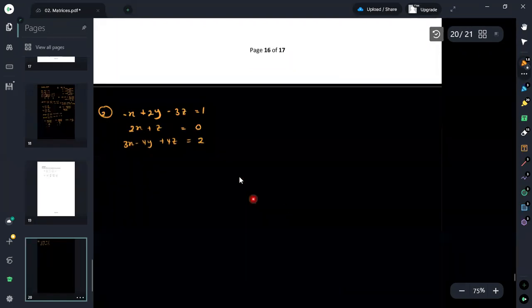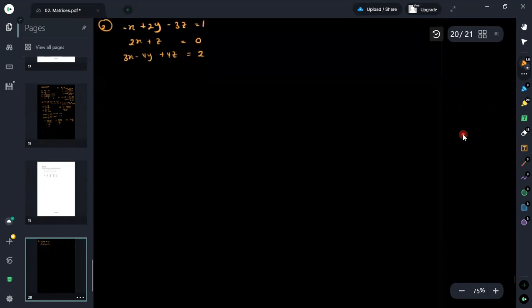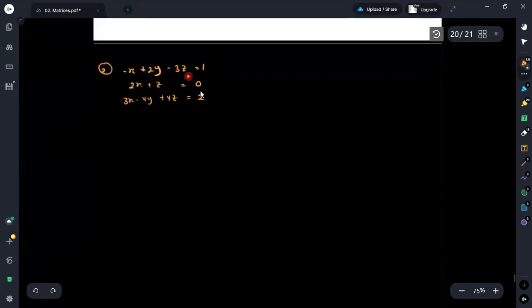This is the system of equations provided for us. As the first thing, we have to isolate all the variables on one side and all the constant terms on the other side. For this set of equations, we can see all the variables on one side and all the constant terms on the next side of the equation. Therefore, there is no need to rearrange the equation.